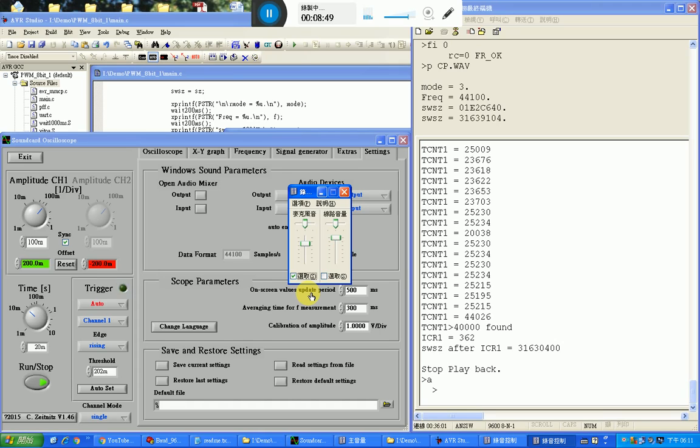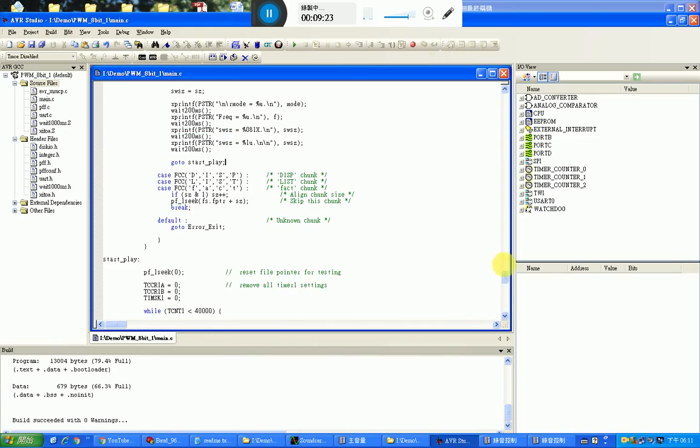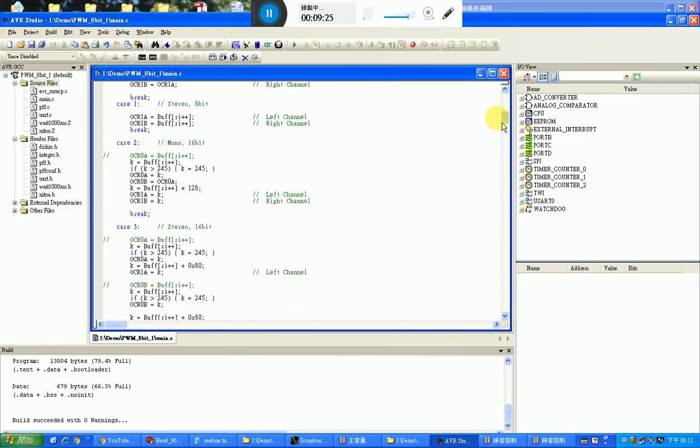I think that you will feel the playback is a little bit noisy, and I'm going to make it very good in the next video. Now it is noisy. This is quite normal because there is some data corruption. That means the rate that data is read in from the SD card and the rate that data is consumed by the interrupt routine here